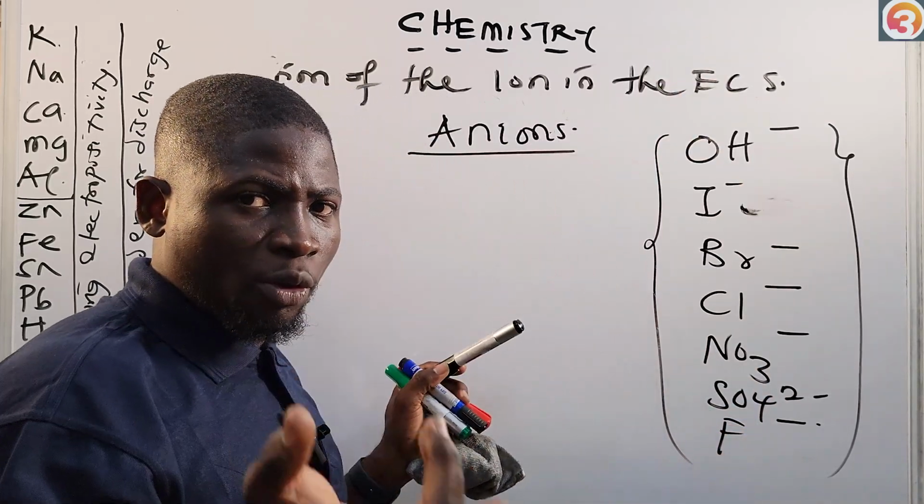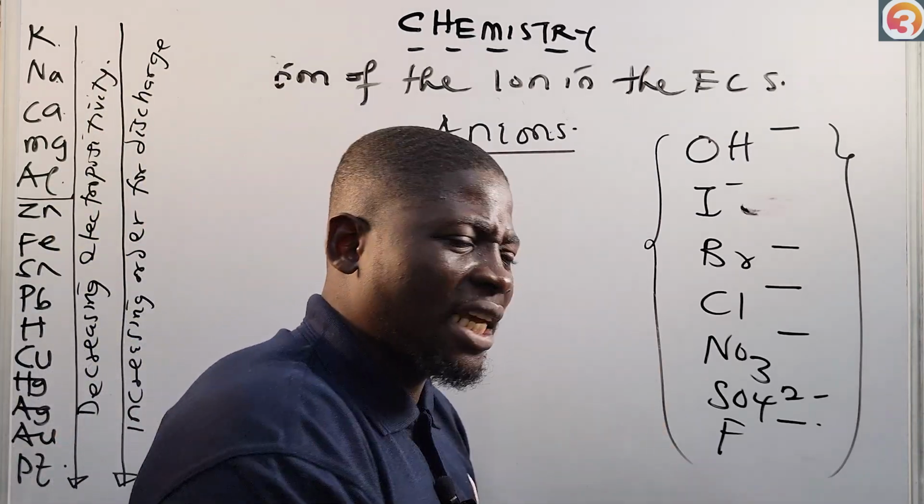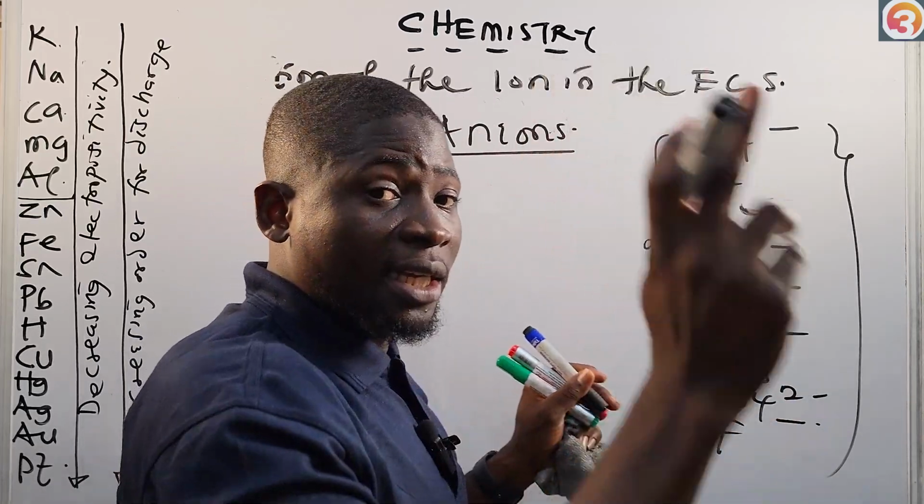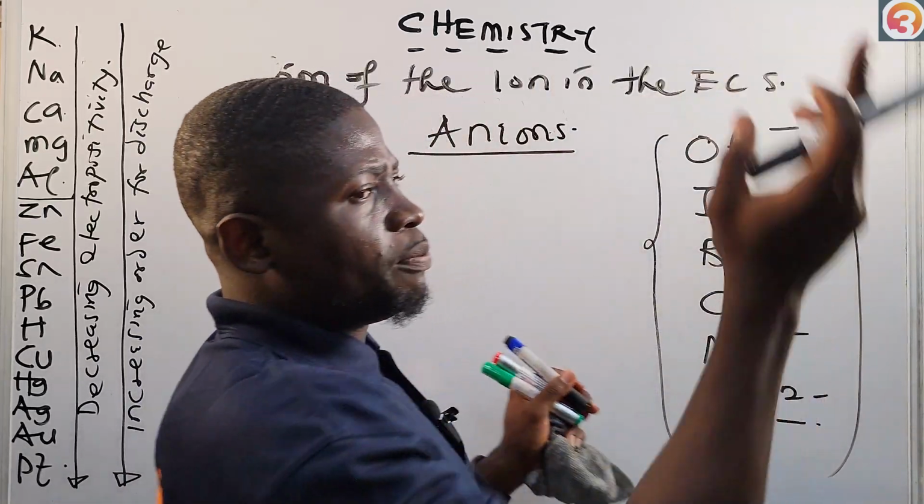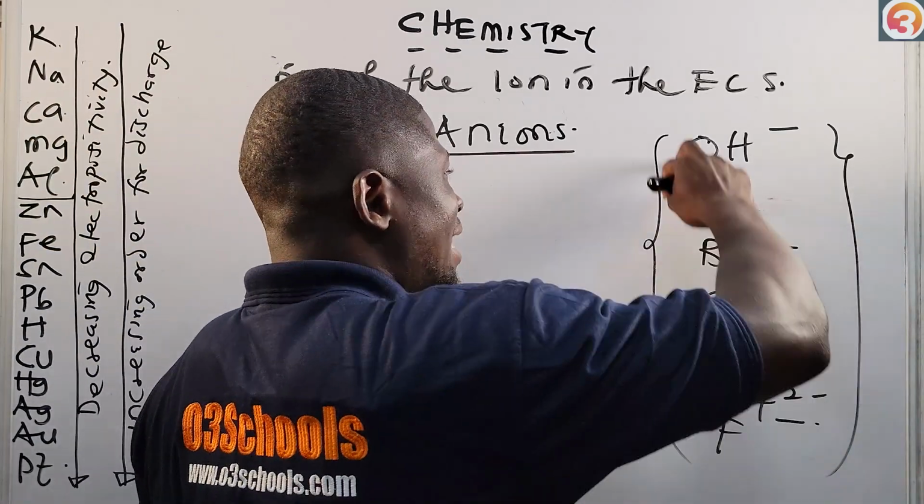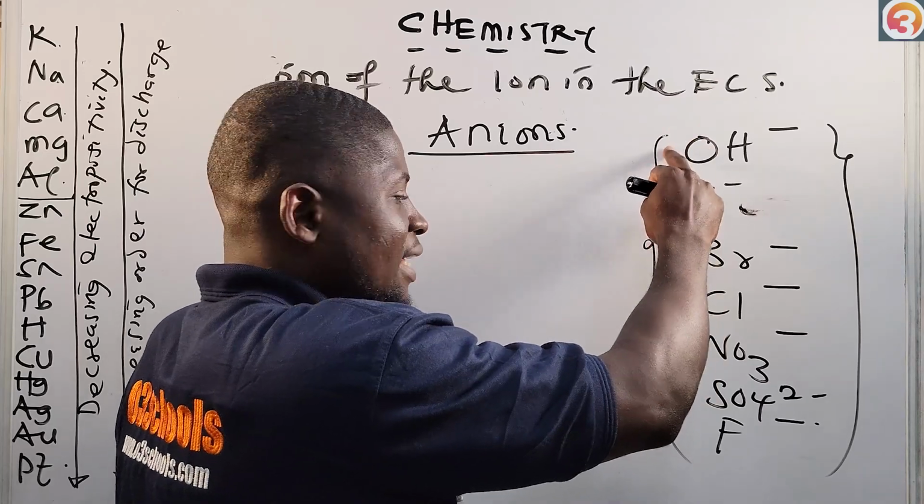Than fluorine. Let me go over that again. I told you, do not ever be confused between electropositivity and electronegativity. Fluorine is more electronegative. This means that OH is more electropositive than fluorine, isn't it? Yes. So that means if you are going from down to up, it means that